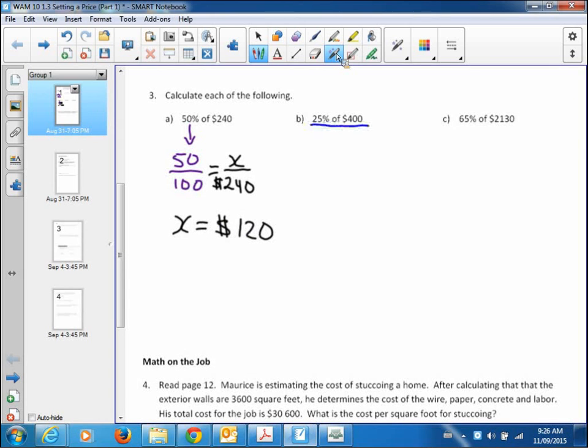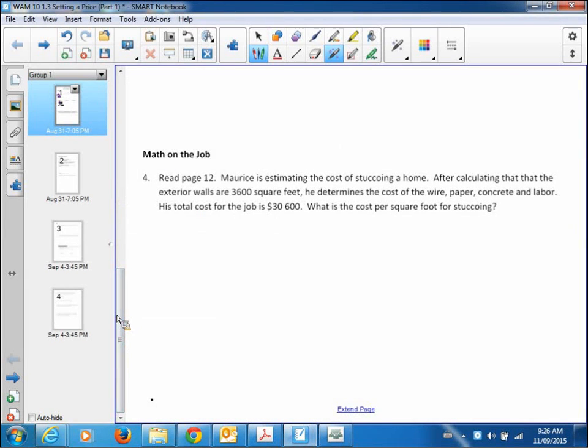Try that with this and this. And remember, 25% is 25 out of 100. 65 is 65 out of 100. Set your proportion up, cross multiply, divide by the loner. Okay, take a look at this. This one doesn't have percentages directly in there, but